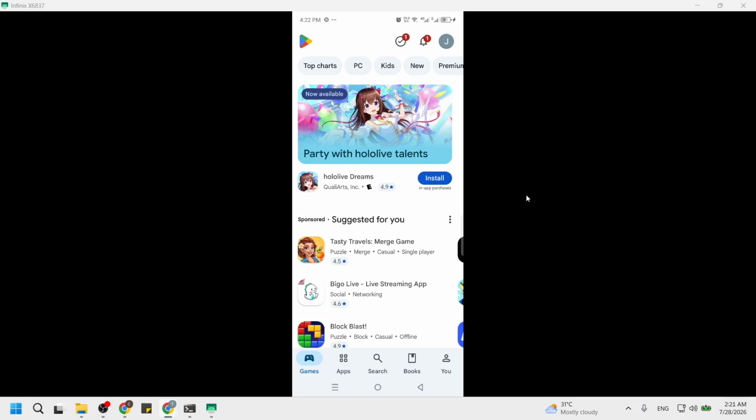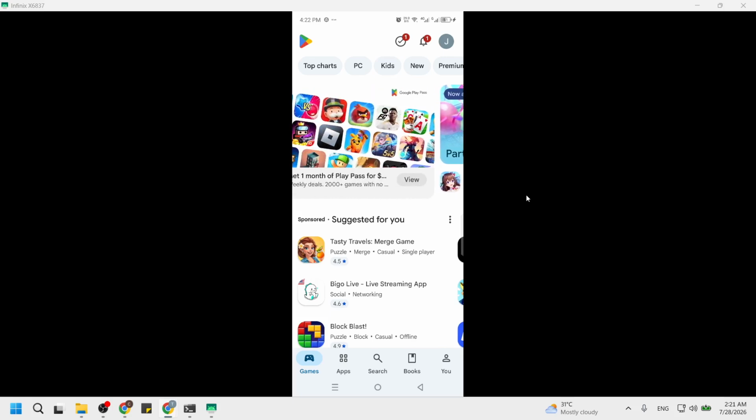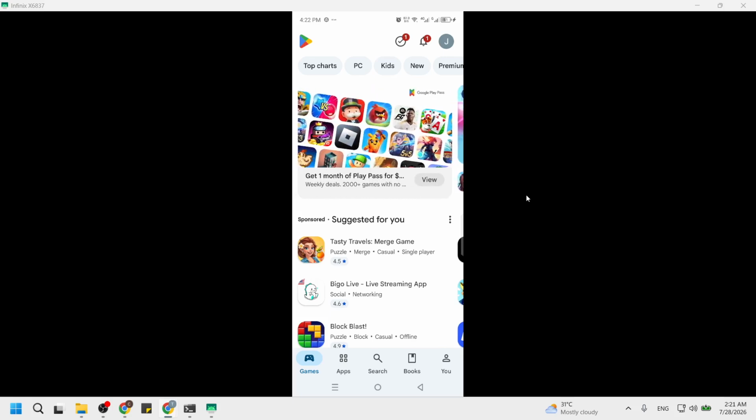top. If the Play Store asks you to log in with a Google account, go ahead and sign in using your email and password. Once you are signed in, the Play Store will reload and you will stay logged in for future app installs. Now that the Play Store is open, focus on the search bar at the top of